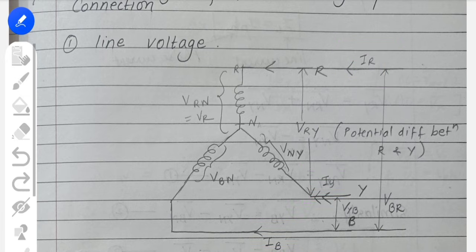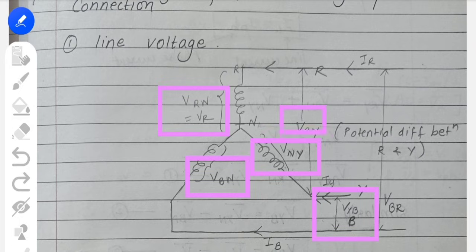Then what you have to show about voltage. Now come across voltage. You have to mention the point as N, that is your neutral point. So here will be your VRN, that is for representing with neutral, but you can also write it as VR. Here is your VBN, and here is your VNY. Some additional ones, that is VYB, VRY, and VBR. If you draw this with the help of these same steps, you are going to make it very easily.